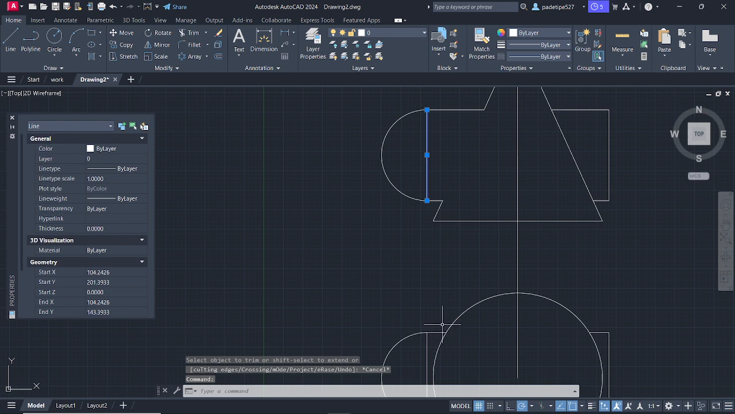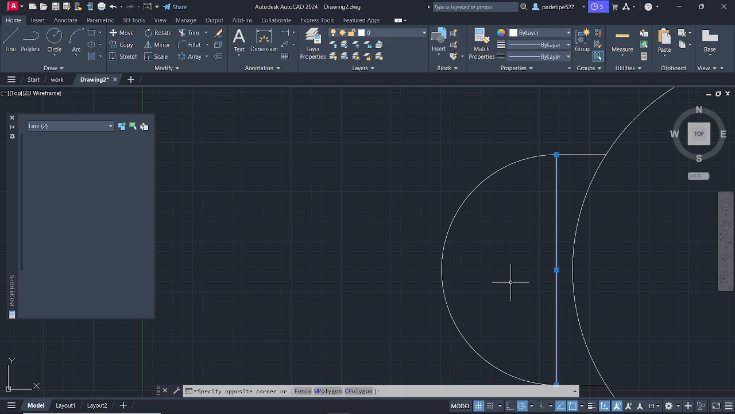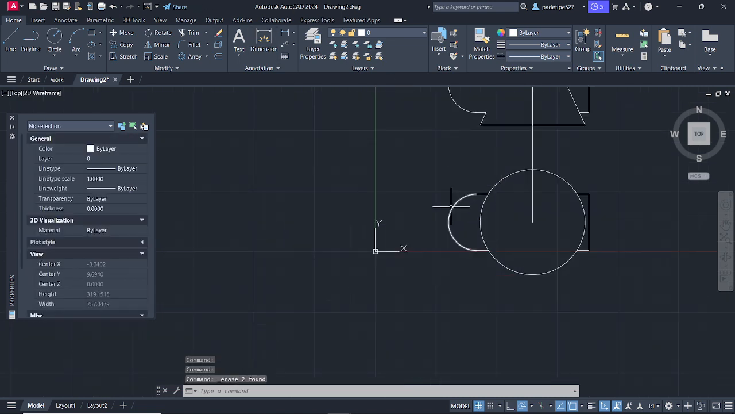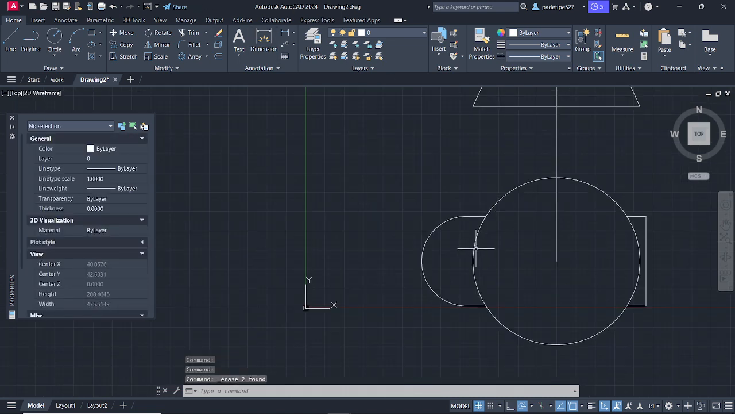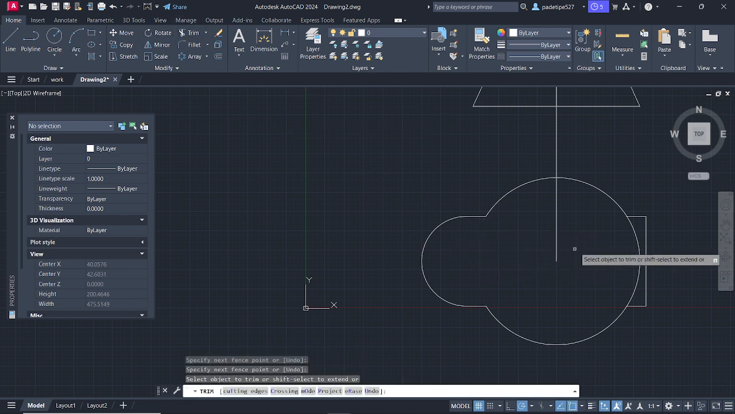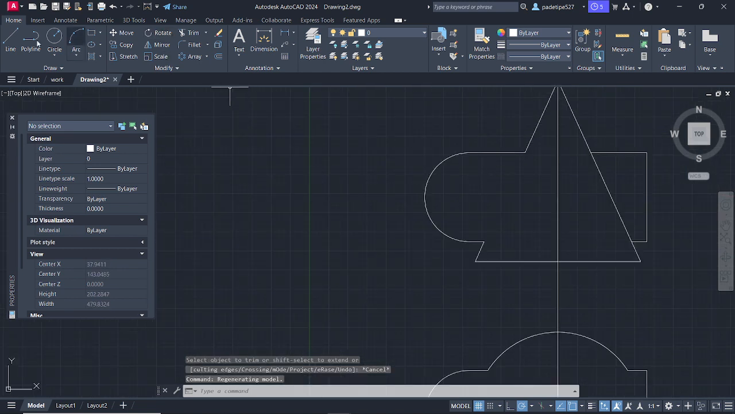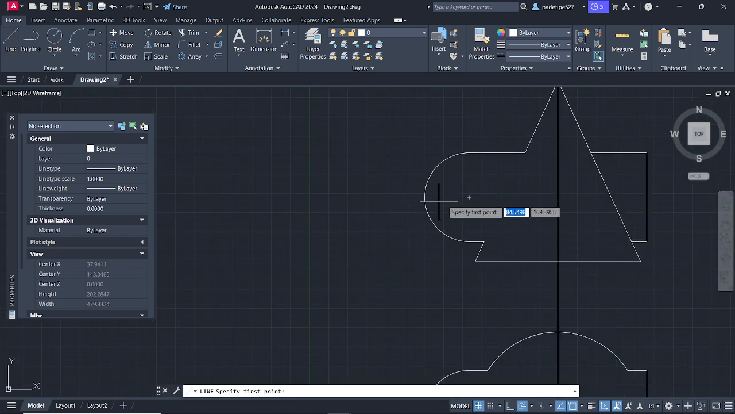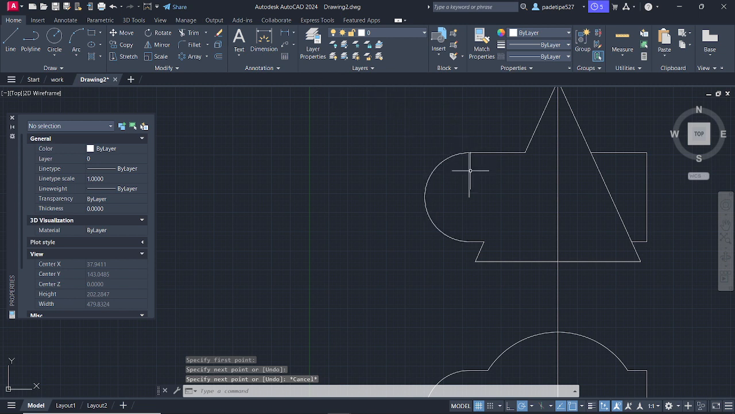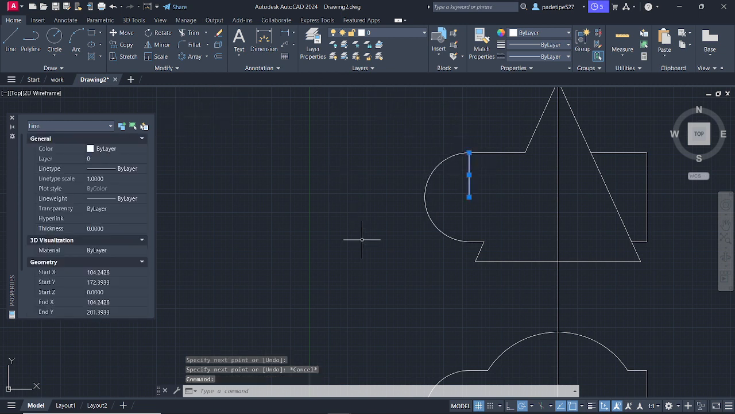We clear this off, because we don't need that for now. I believe we have to trim this also. Good. So what we do is simple. We come here, line, you move your cursor around this circle, the center point shows, then you draw this. Then the next thing you do is you highlight this, and